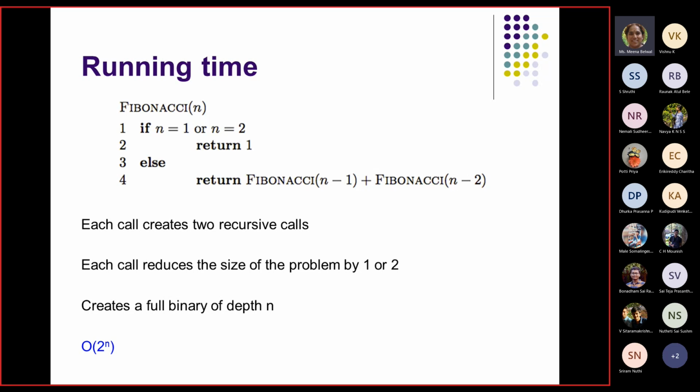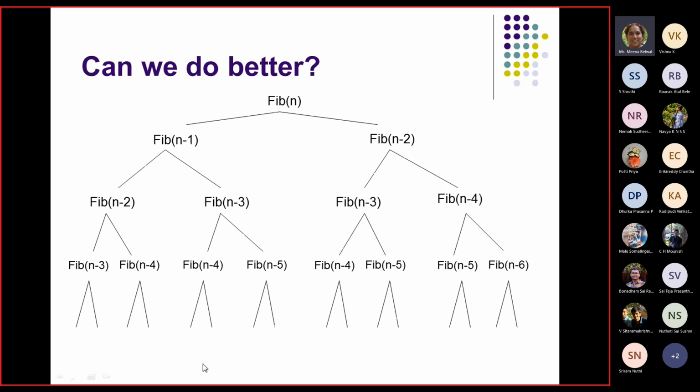So the complexity, if you try to calculate it: why is the complexity 2 to the power of n? Because whenever you have a problem size of n, you are reducing the problem size just by 1 or by 2. So the complexity you get will be O(2 to the power of n). Fib n means fib n minus 1, fib n minus 2. Now when you calculate n minus 1, it will be n minus 2, n minus 3. N minus 2 means n minus 3, n minus 4. Like that. Right? So the question is, can we do better?